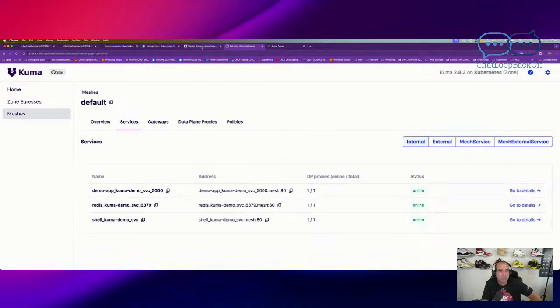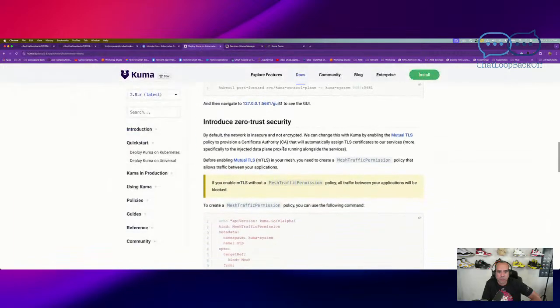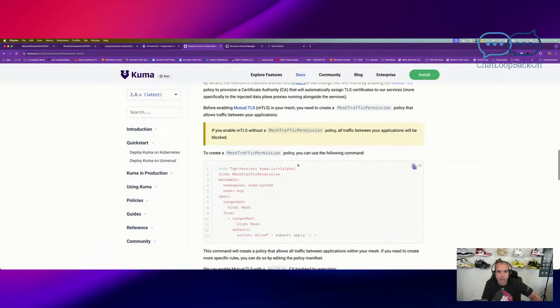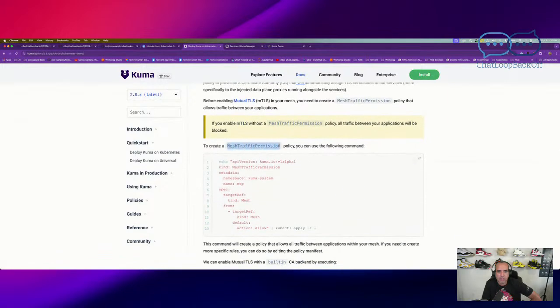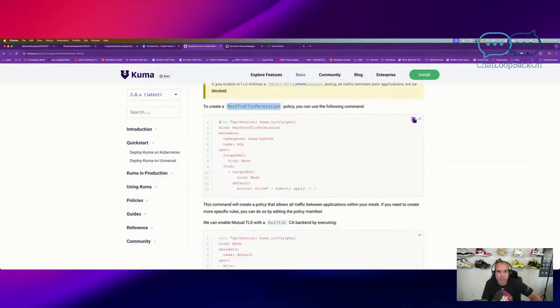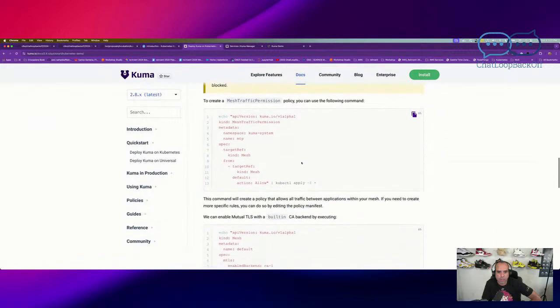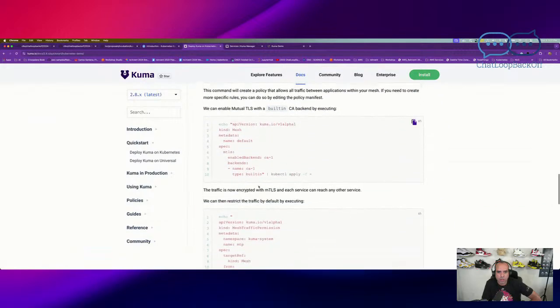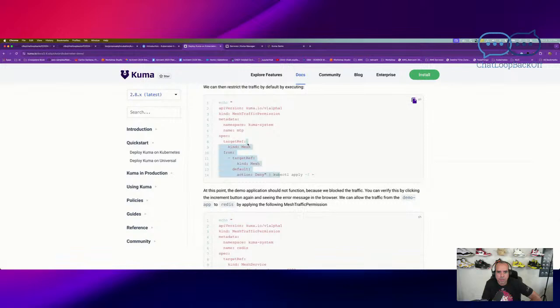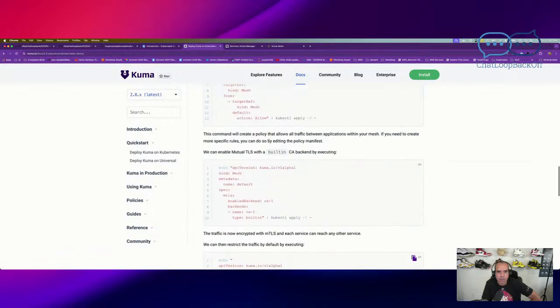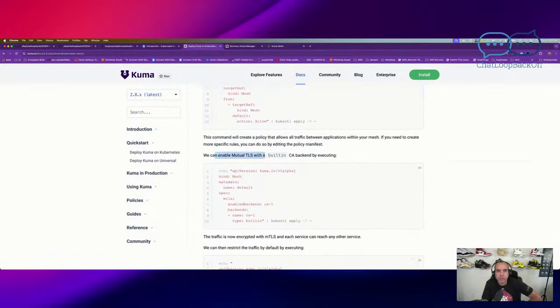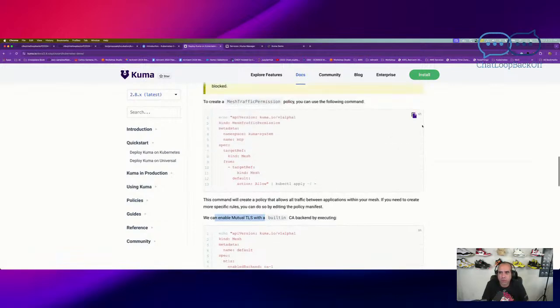So the next thing that the demo does is, what about if you want to introduce zero trust security? For that, you use a policy called mesh traffic permission. Basically you can create one that says, I'm going to allow that communication between all of them, and then I'm going to do a deny, and also enable mutual TLS. So let's do that. Let's create a mesh traffic permission